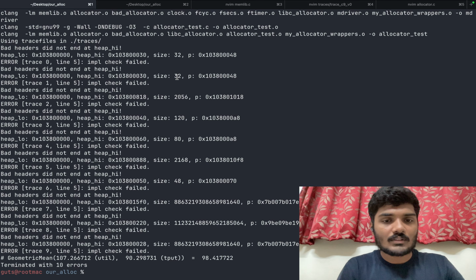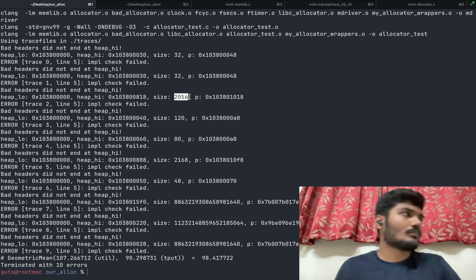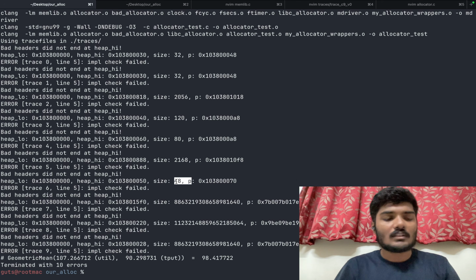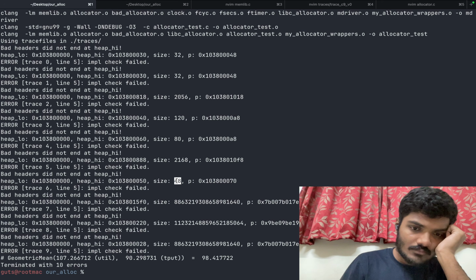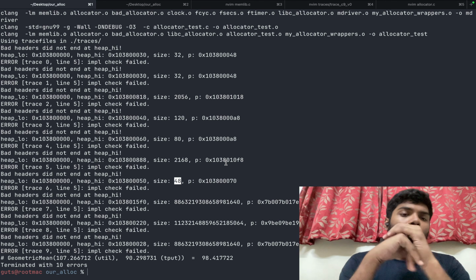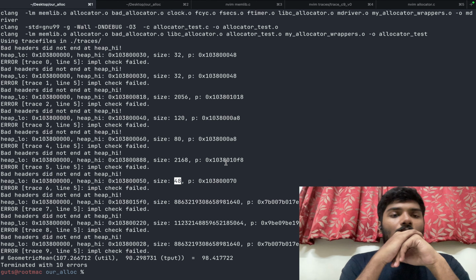See, 32, it's a multiple of 32. I don't think 2046 is a multiple of 32. Let me check though. But 48 definitely isn't a multiple of 32. So yeah, that theory falls on its face. So what is the reason that the space has been allocated, but